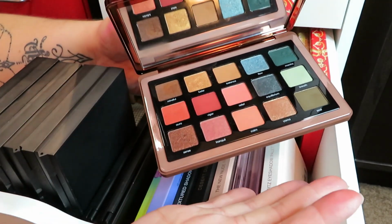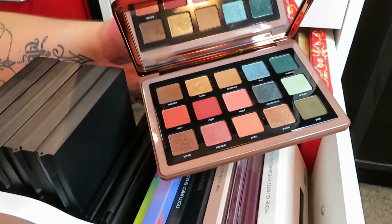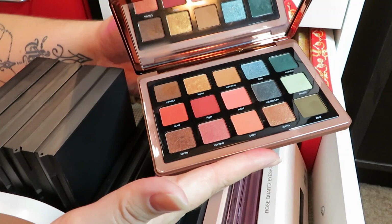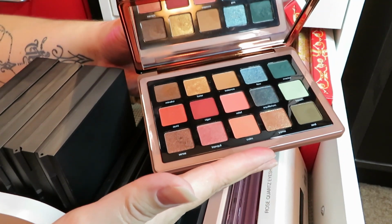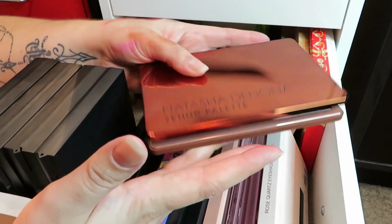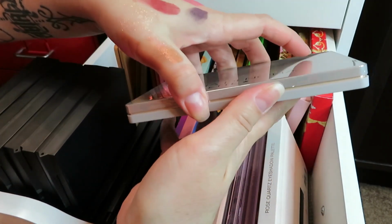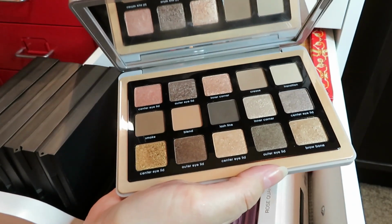And it's easy to travel with. It's super easy to use. It's super light. I really, really, really like the midi size palettes. I don't own any of the larger ones, and I wish all of her eyeshadow palettes were this size because they're perfect. The next one is the Glam palette, and this one I wasn't going to buy at first because